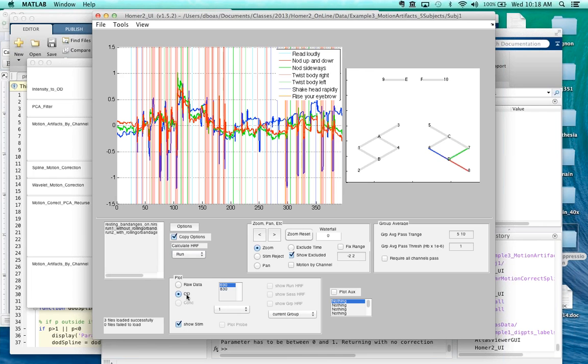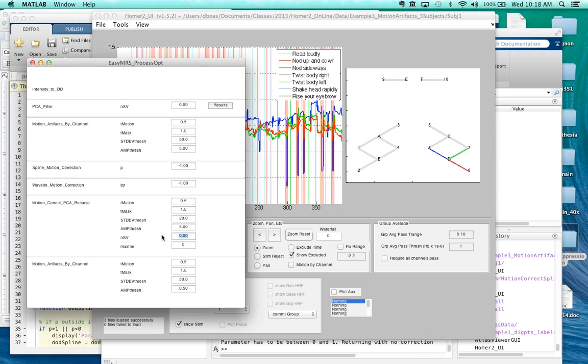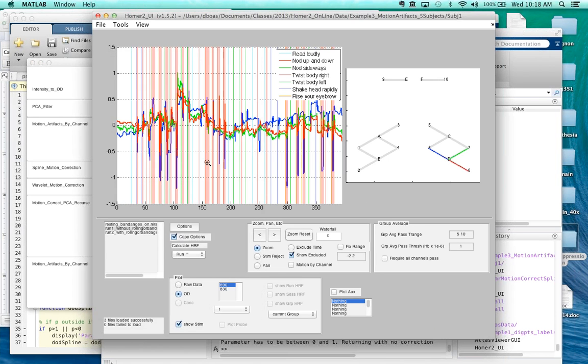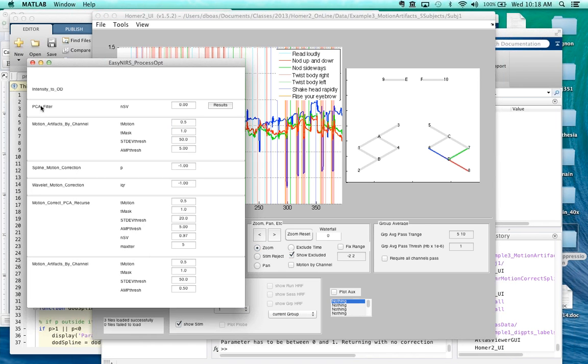Okay, so this is looking at the optical density. You can see these motion artifacts that have been identified. Let's do a targeted PCA now on this. What this is going to do is, these epochs of data that have been identified to have motion, we're going to perform a principal component analysis only on the data with the motion artifacts. That's as opposed to this PCA filter up here, which would do a PCA filter on all of